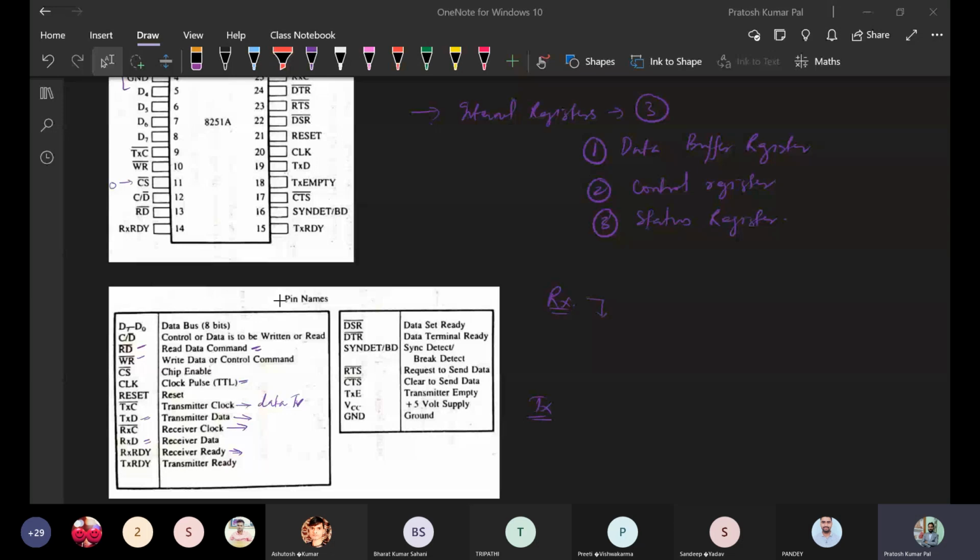If data is being received, initially it will be put into one of the registers, and after that it will be sent to the buffer register. So each of the receiver and the transmitter has two different registers. One is a buffer register.